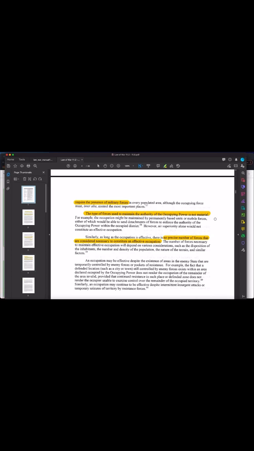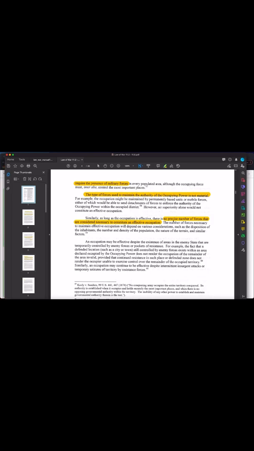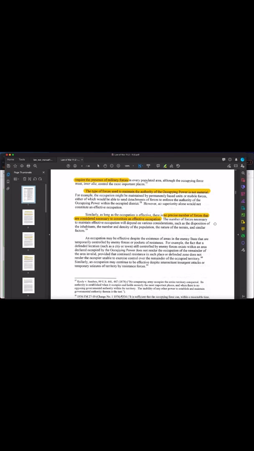The ability to exercise authority is what defines the nature of the occupation, not the type of force used, okay? Now, check this out. There's no precise number of forces that are considered necessary to constitute an effective occupation, which basically means it could be a really small number, it could be a really big number. It's basically irrelevant, okay? Now, here's a part that's going to be kind of shocking.